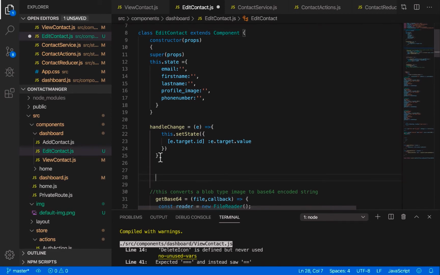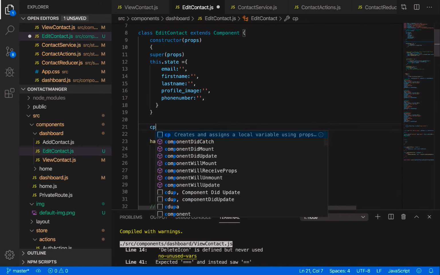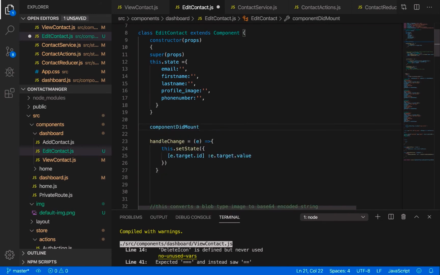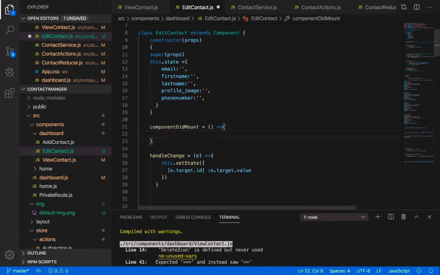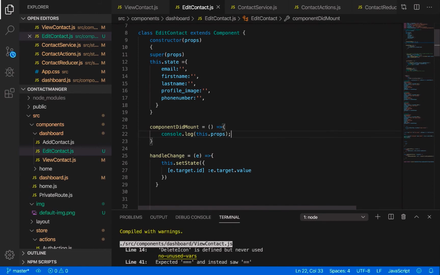So I'm going to call that right up here. I'm going to say componentDidMount. For componentDidMount, what we are going to do is get the ID that is passed down as a parameter from our view contact, right inside of our componentDidMount. So how we are going to do this basically is if I console.log this.props